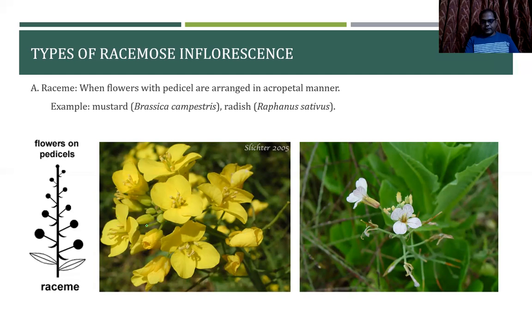So if you see here, the older flowers are feathering out, are dying out. So these are the older flowers, and the younger flower is coming towards the top. So this is the peduncle going on. You'll find that the older flowers have shed off all the corolla. You see, the corolla has been shed off. The younger flower will be coming on the top. So the older flower is towards the base, and the younger flowers on the top.